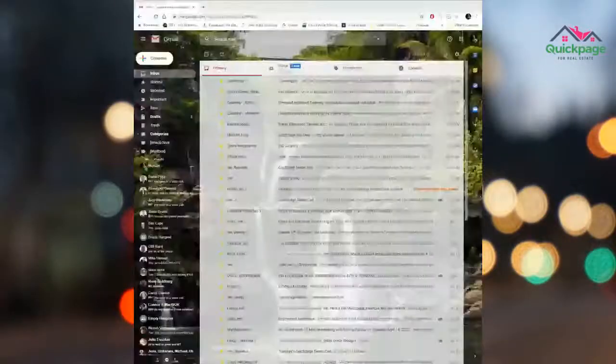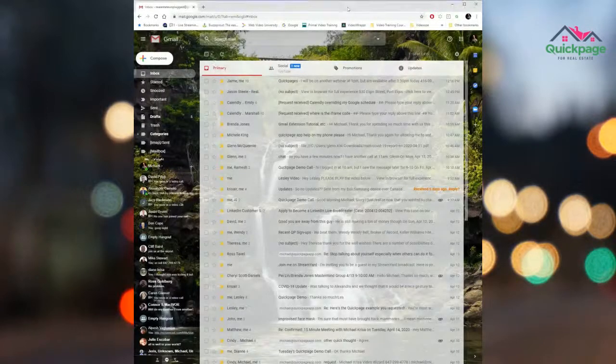So let me go over to Chrome, and I'll pull this over here. Let's do another screen share. And I'll show you what this looks like via Gmail. All right, so here I am within my Gmail account, and I've already installed the extension. It's called the Quickpage extension, and it'll appear here in the top right-hand corner. Moving my mouse up and down, you can see that Q. And if I click on that Q,